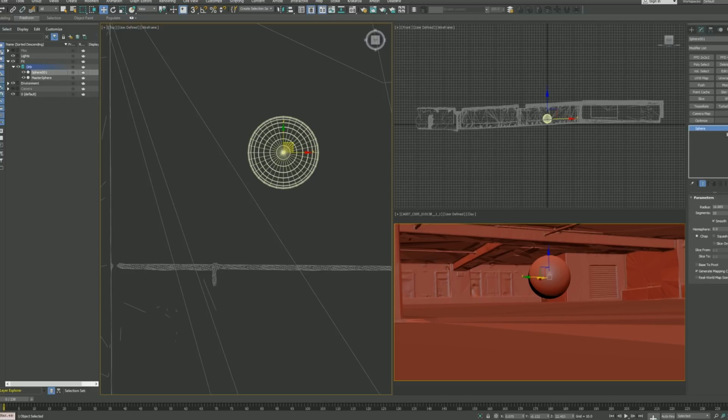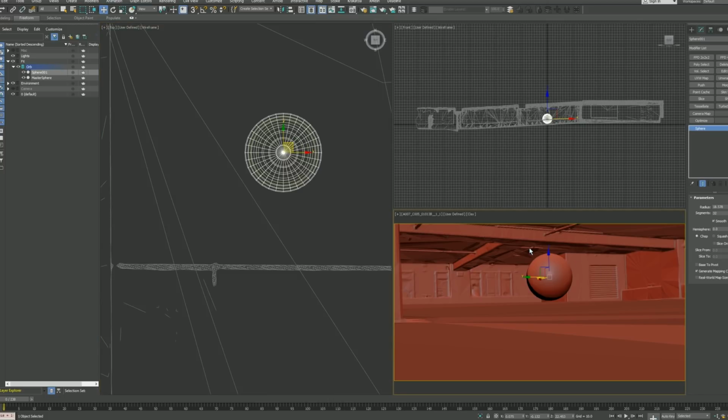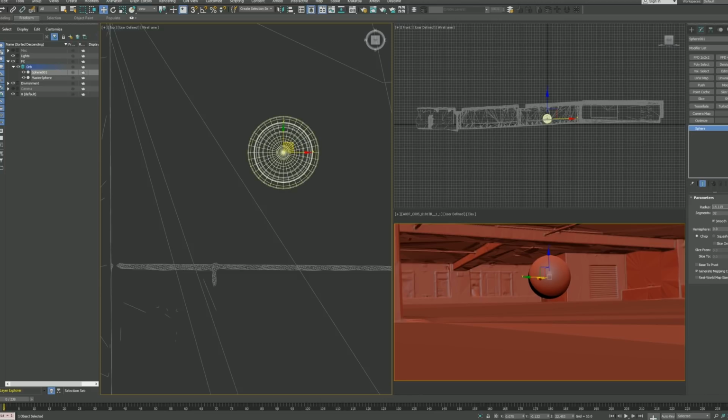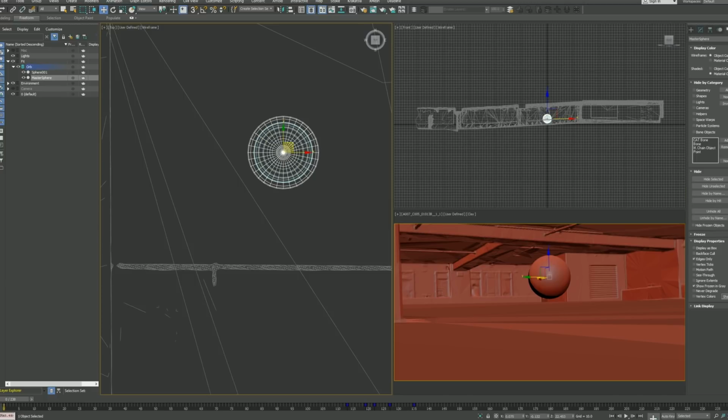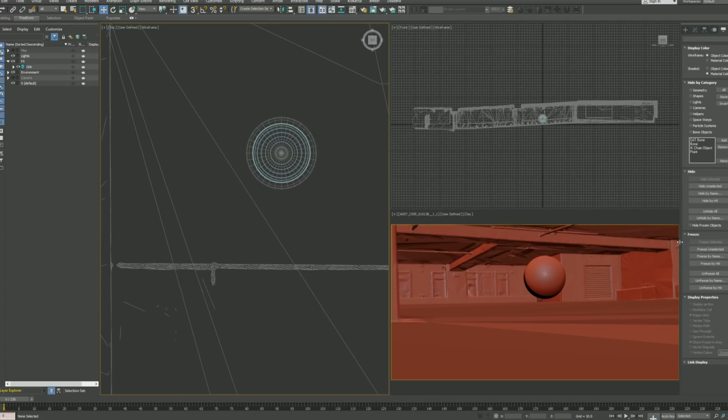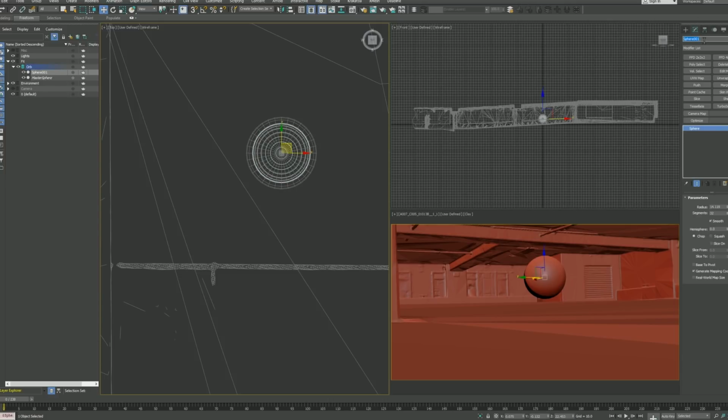I can make this a little bit bigger if I want to, but this is going to be one of two spheres that we'll make, and they'll control the core volume of our effect. With this one still active, I'm going to make it a little bit smaller than the master sphere, and I'm just going to freeze that. Freezing, if you need to know, is just display freeze selected, and all that does is make it so I can't select it. All right, so with the sphere, let's call this VolumeSphere